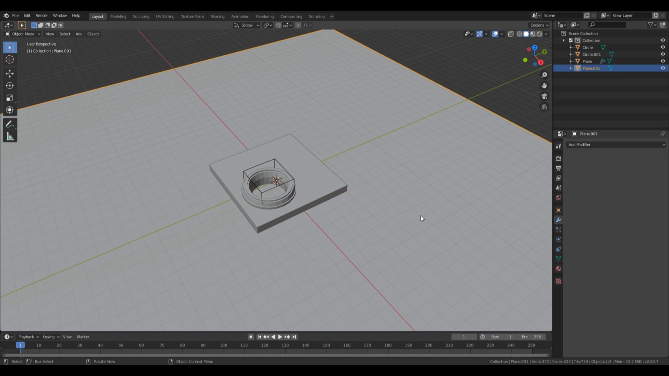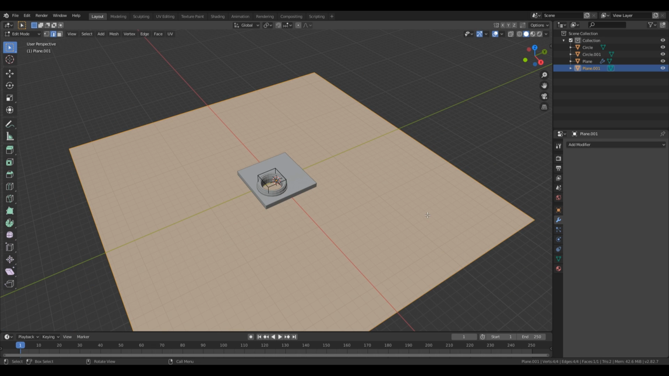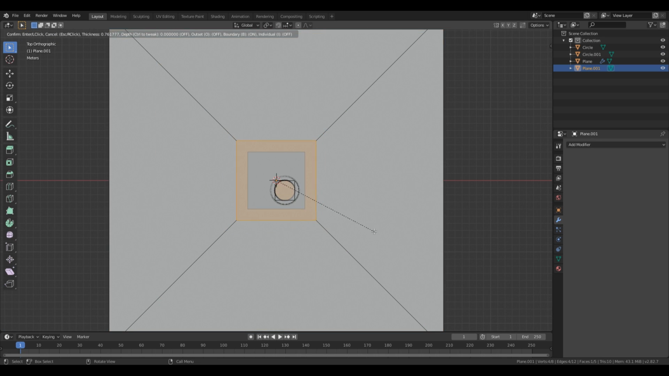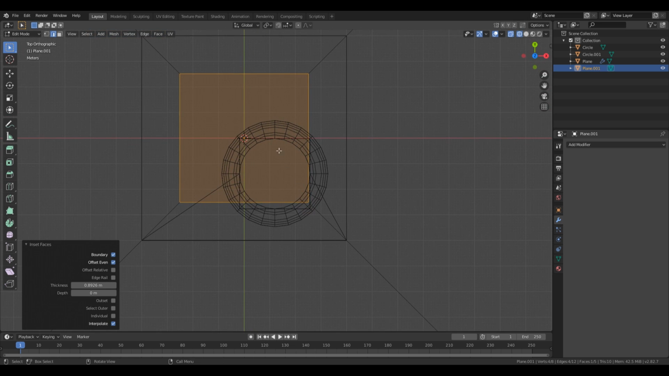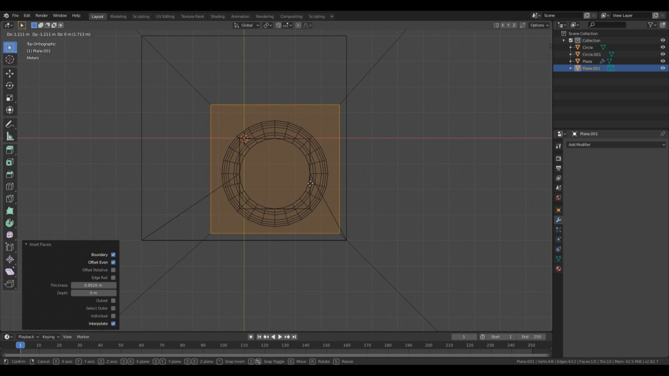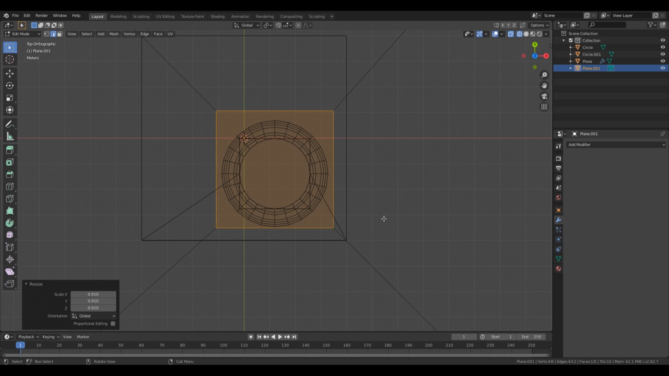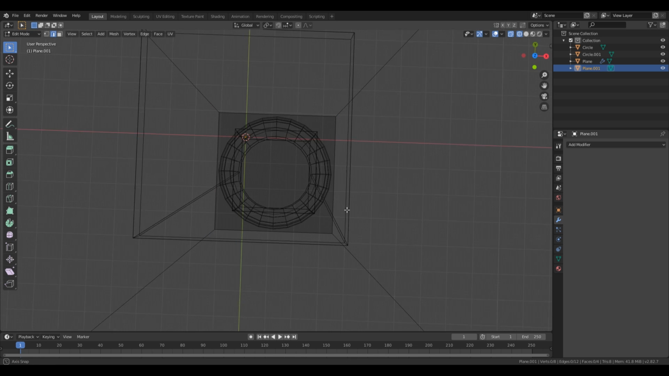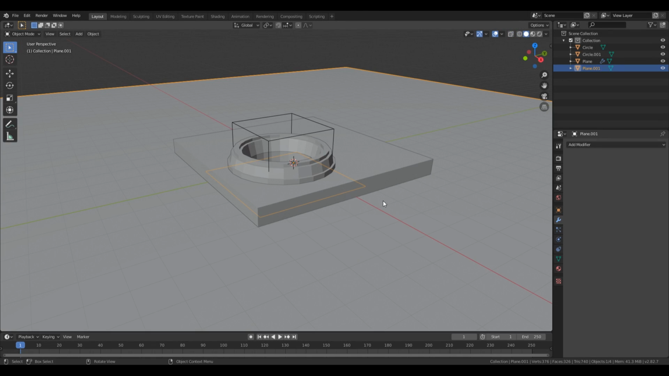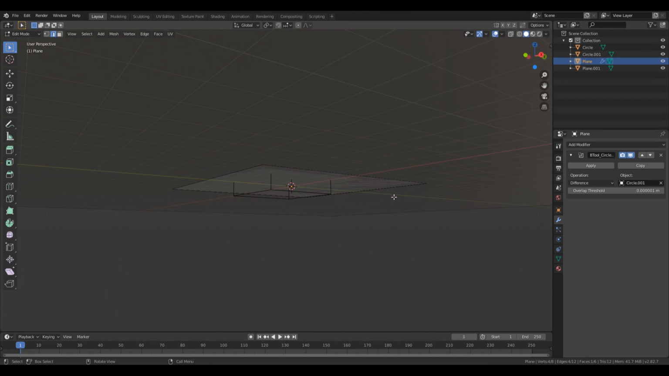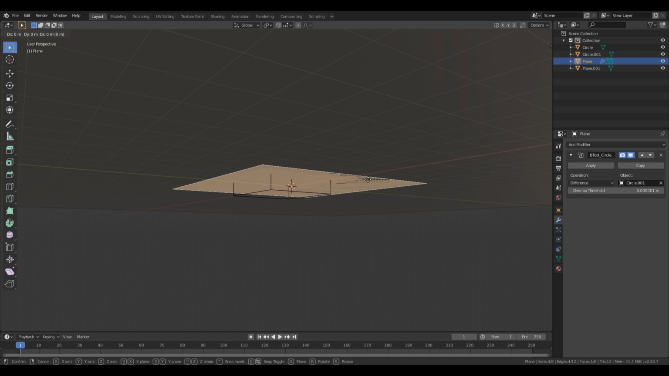So let's select the plane, go into the edit mode, top view, and let's do inset like that. We can switch to the wireframe view and move it here, maybe make it a little bit smaller. And now just press X and delete faces. So all we have to do to modify this further is to make this go down below. So select the bottom face